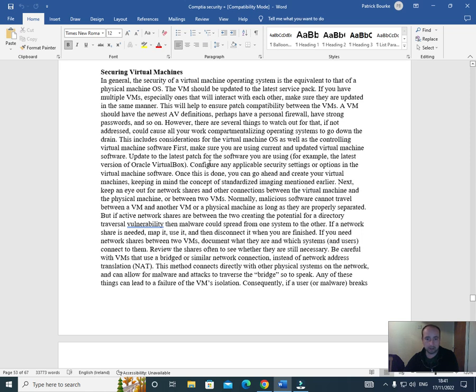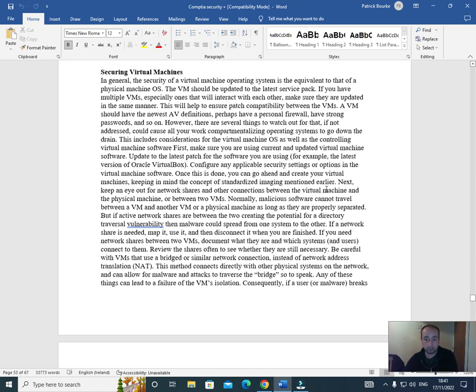Update to the latest patch for the software you are using, for example, the latest version of Oracle VirtualBox. Configure any applicable security settings or options in the virtual machine software. Once this is done, you can go ahead and create your virtual machines, keeping in mind the concept of standardized